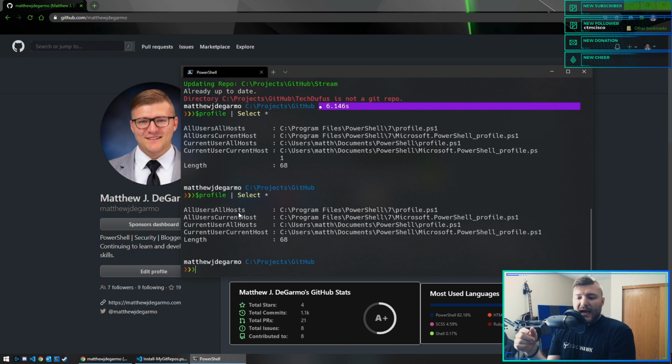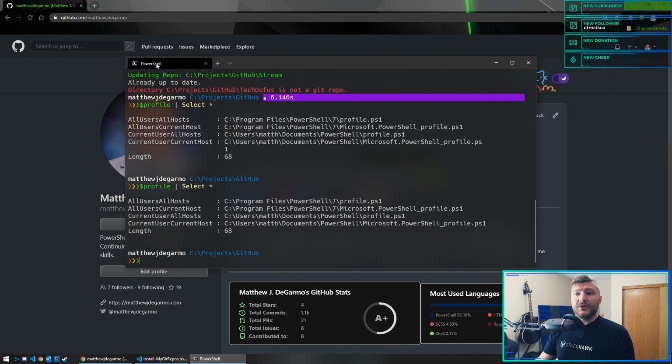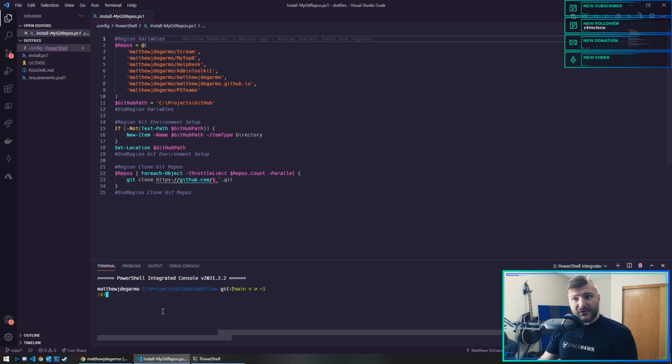PowerShell is an engine, right? It's not like one piece of software and you have to use that software, for example, right? It's an engine that can be accessed by multiple things. So in this case, I'm running Windows Terminal and it's accessing PowerShell. So Windows Terminal in this case is a host. VS Code also has a